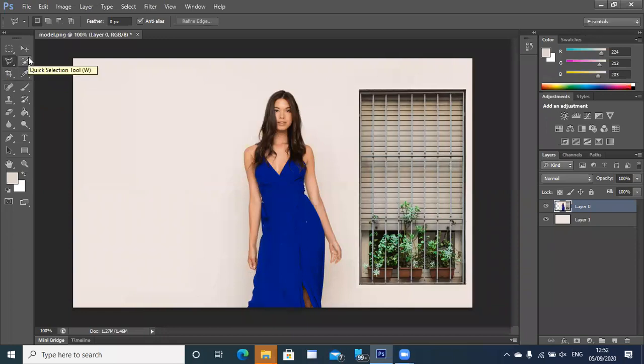Okay, let me show you one more example. There is a quick selection tool for easy selection of the model. You can see, based on colors, automatically it selected the area. Here also I can just make an easy selection. Automatically the area should get selected on its own. So the quick selection tool will easily select the areas that I require. I don't need to do a lot.